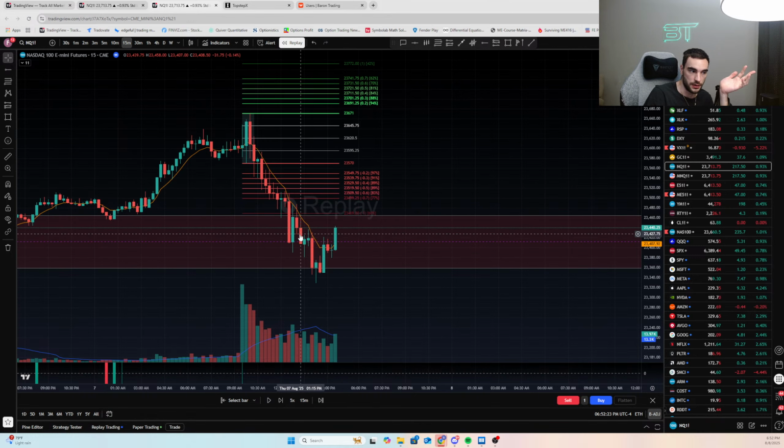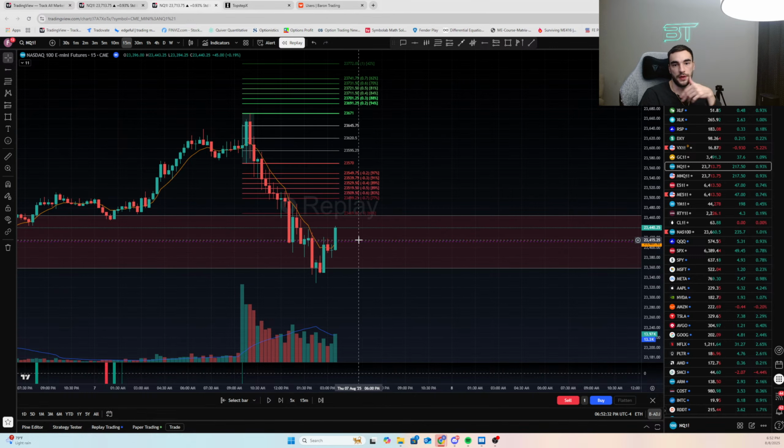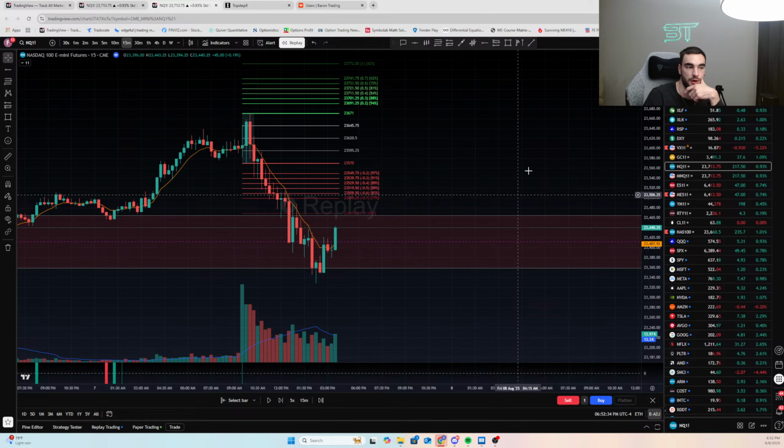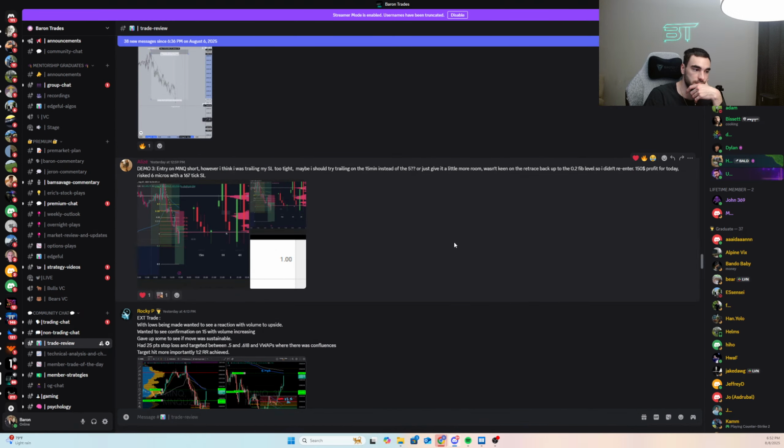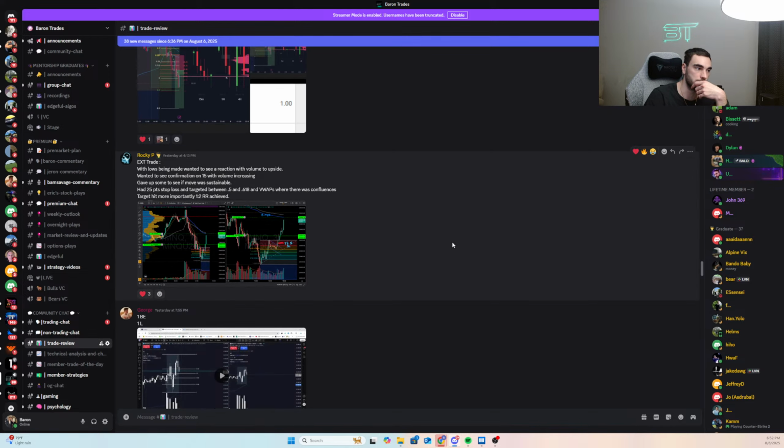This one's decently strong. This one's also decently strong. I could either adjust it to this one or this one. And then this one's also strong, so I could adjust it to the highs there, or even start to trail on the 5-minute as that goes further and further in profit. We did hit a bunch of lower end extensions, so typically we don't see that, but we do have trend days.